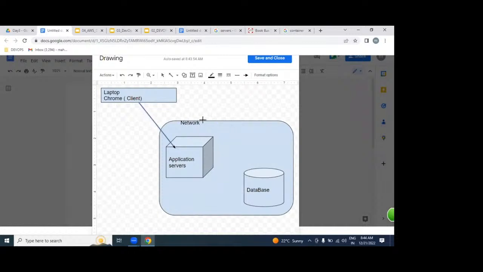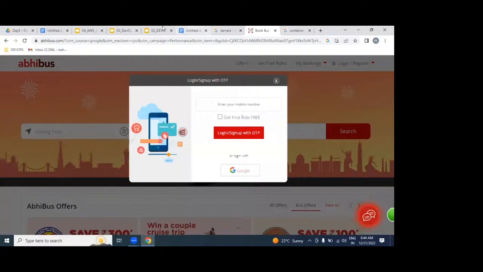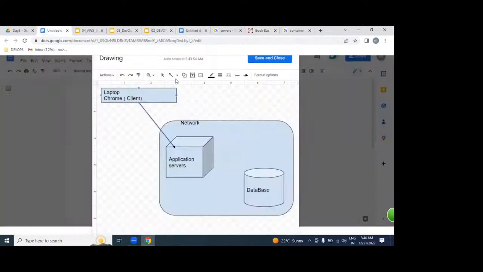For example, a login page. Based on our client request, our application server will process it. While the application is processing your request, you provided a username and password or not? Whether this username and password is right or wrong, our application server will validate with the database.